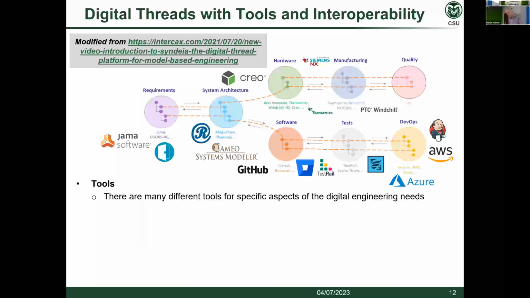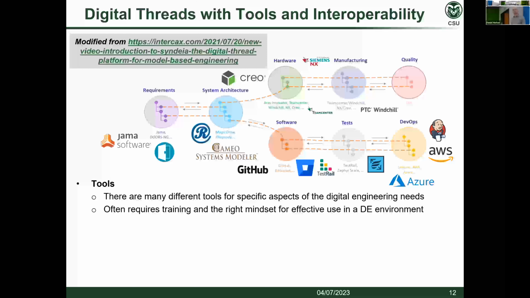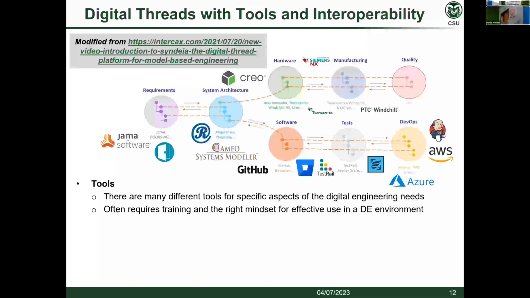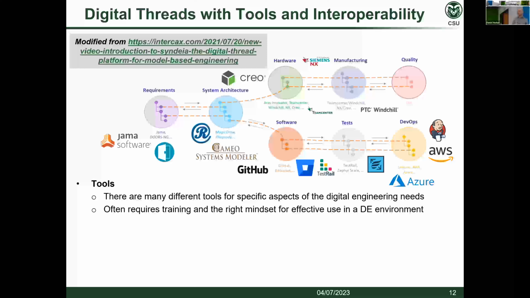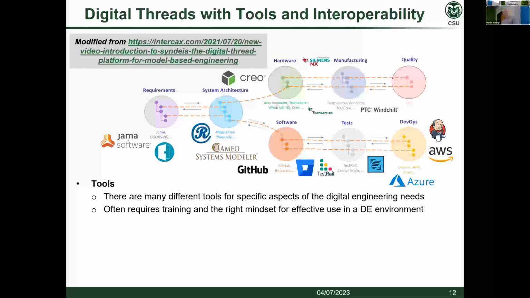So there are many different tools for specific aspects of digital engineering needs. A bunch are listed there. Another point here is that this often requires training and the right mindset for effective use in a digital engineering environment. If you do have access now to information from other areas, the data is available. Well, one basic thing is maybe you don't have to worry about creating that in your own tool. There often is duplication of work because you're simply trying to bring that information from one context into another.